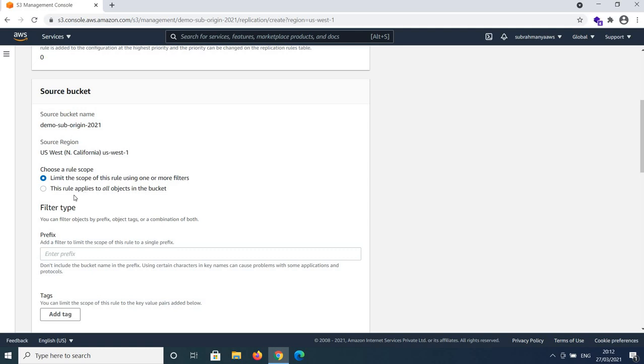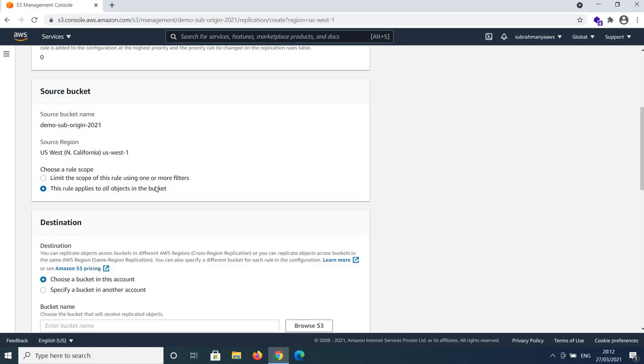And here in rule, that is rule scope, I will select this rule applies to all objects in the bucket. Then I will scroll down